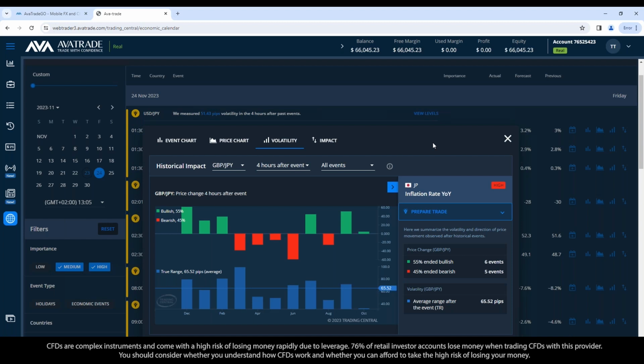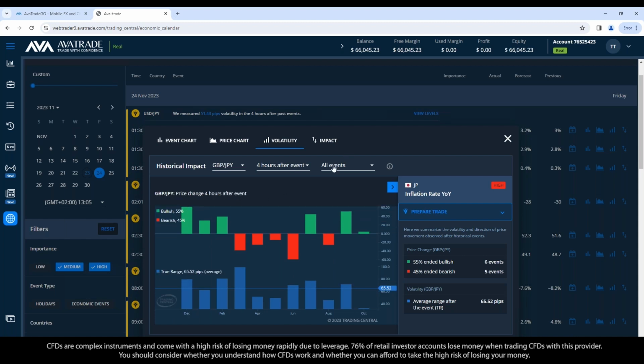And so because this is a high-level announcement, the inflation rate out of Japan, we would expect that there could be quite a bit of volatility and large movements around this announcement tomorrow. And so as we look, we can look back at the past announcements. That's what these represent, the date and time of the past announcements and how much movement there was on this pairing in the hours following the last announcements.